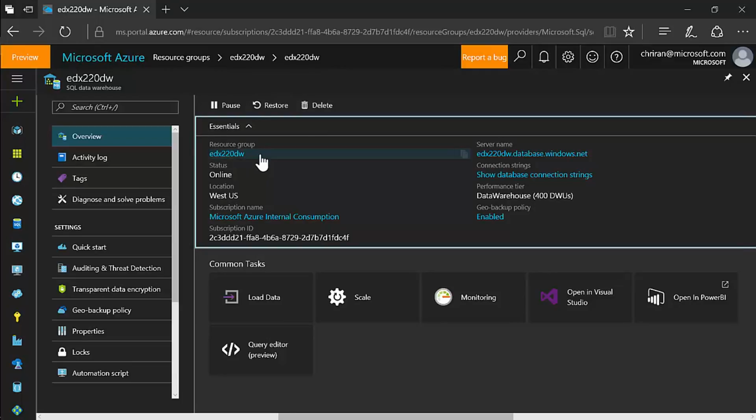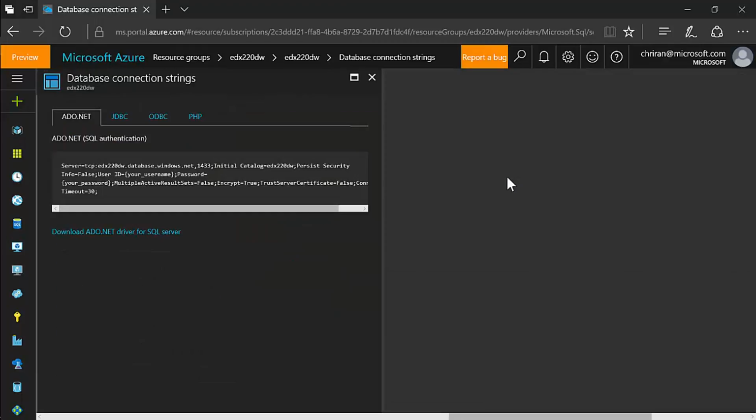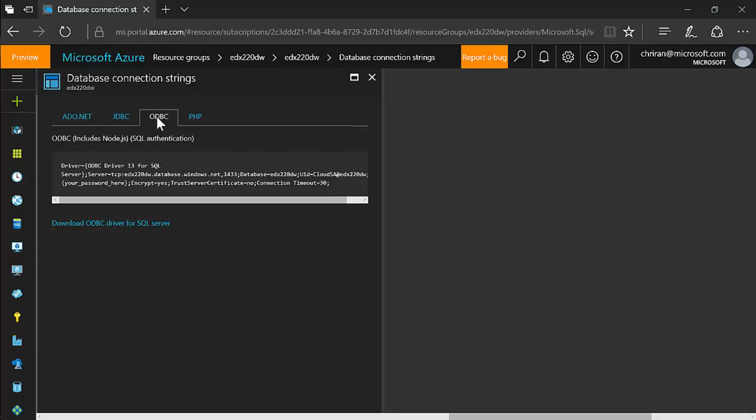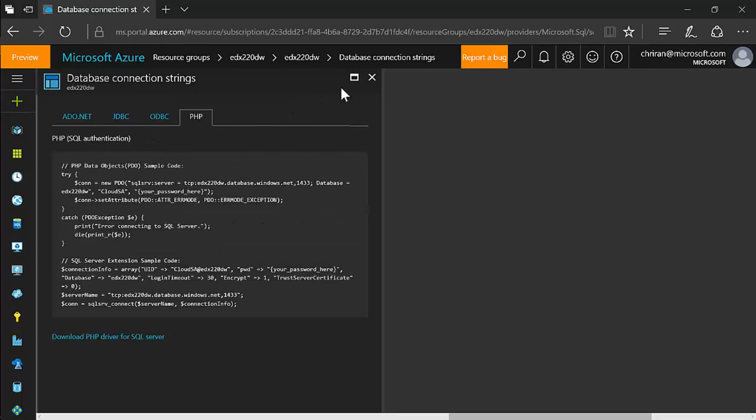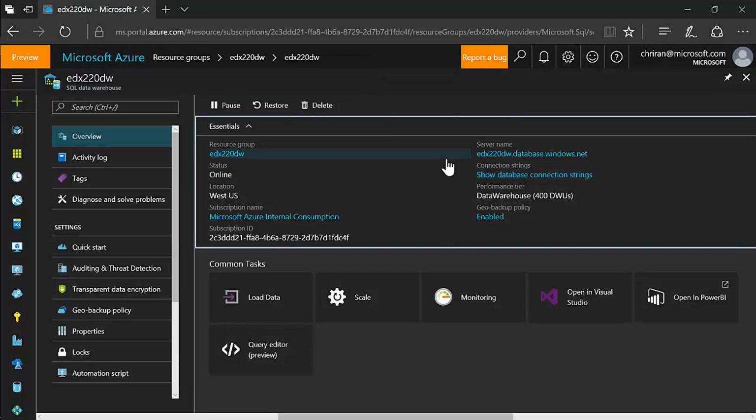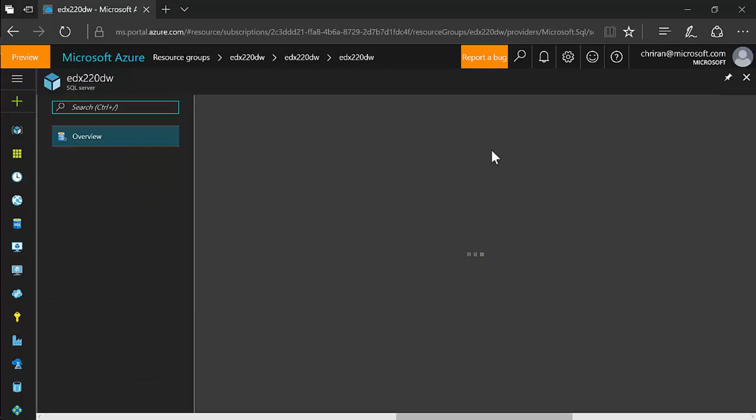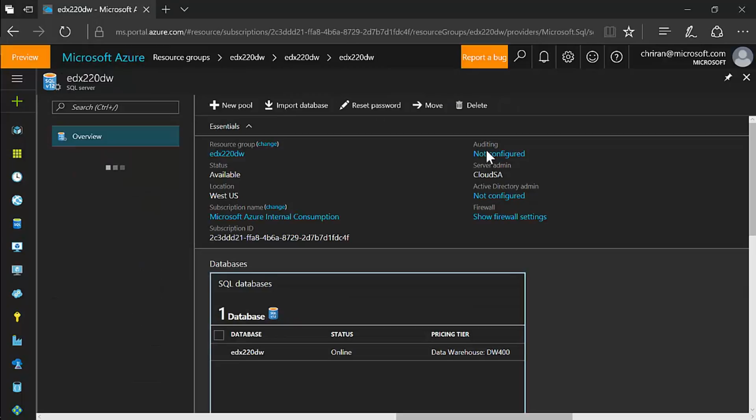We can verify the resource group that we've added this to, check its status, and see that server name that we'll need to use for client tools. We can drill into database connection strings if we want to see what the syntax is going to look like to connect from ADO.NET or ODBC or PHP, for example. And we'll use that server name link to get into the firewall, the first post-install configuration thing that we'll need